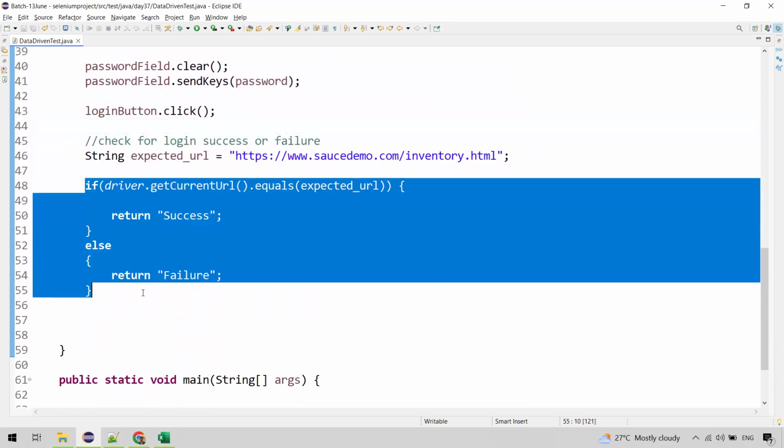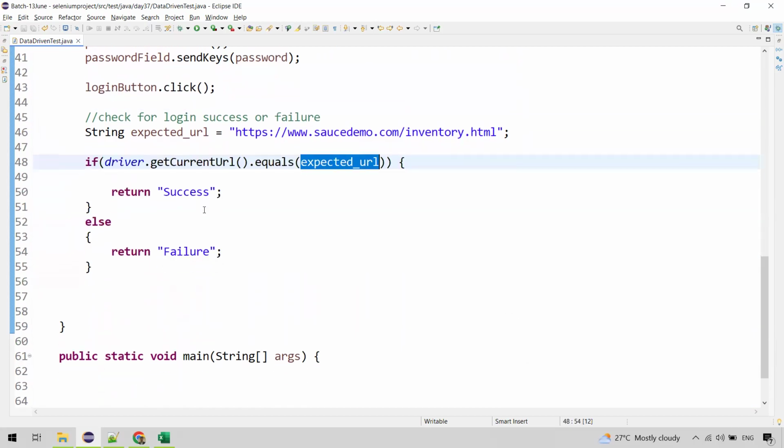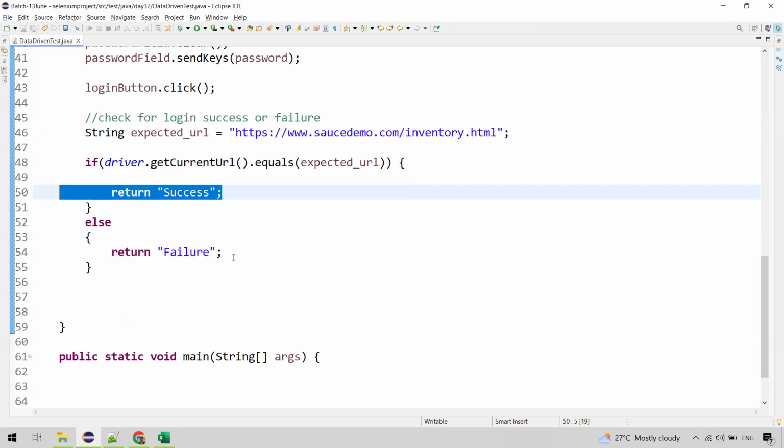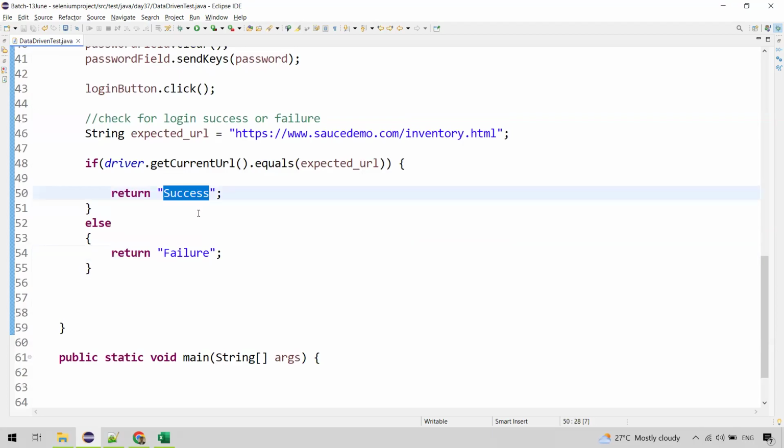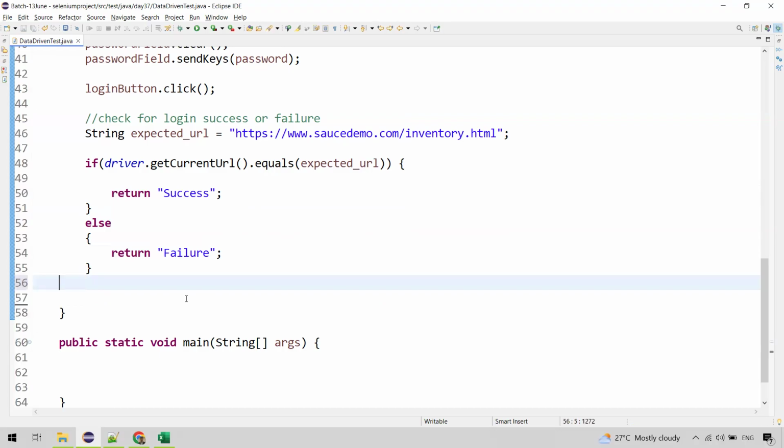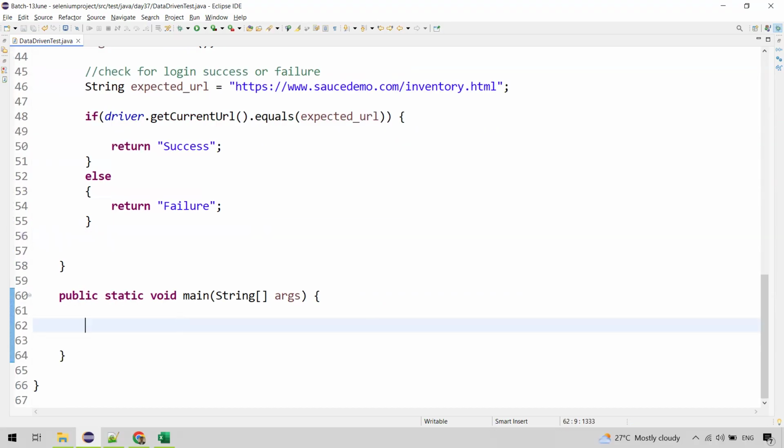And then we are validating the URL. If it is matching the expected URL, then we'll return success, or else we'll return failure. You can use any type of string here. We are using it for validation, right? You can say pass, you can say failed like that as well. I'm just using some success and failure messages here. All right. So once we are done with this, we'll come to the main method where we'll actually